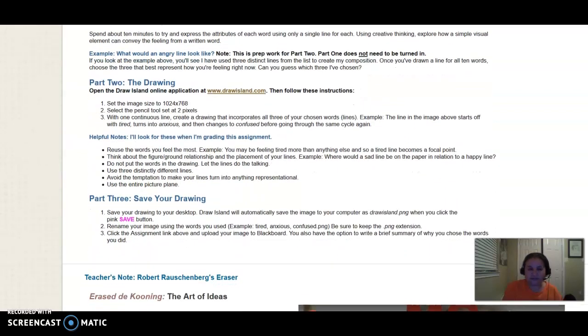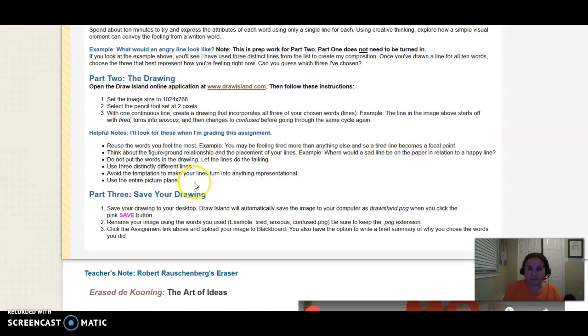And then if you just follow these things right here, you're going to use words you feel the most, right? So at this time, what do you feel the words? And then maybe it's bored, maybe it's anxious, maybe you're feeling anxious, right? And so think about the words, and then you're going to start